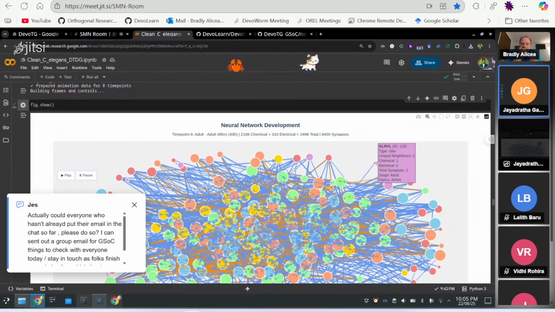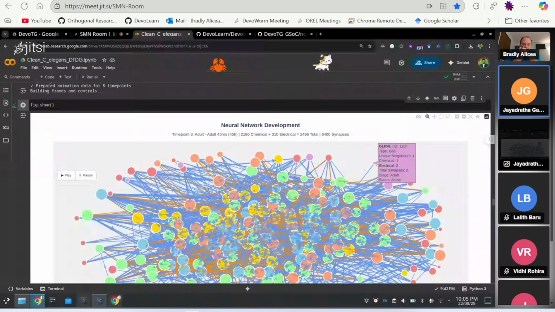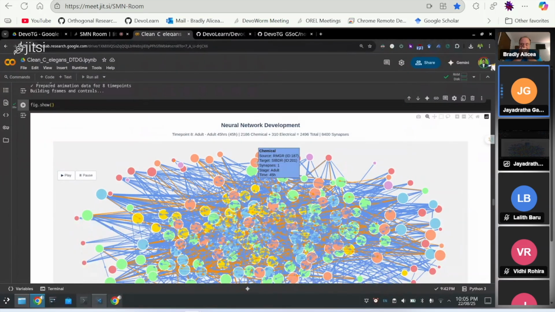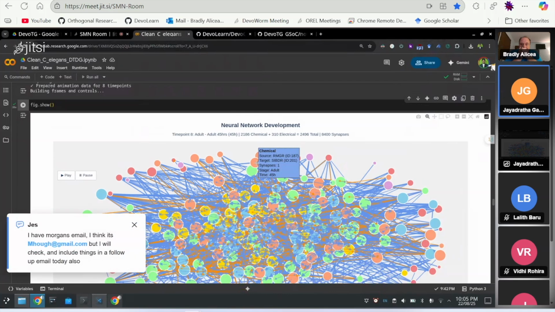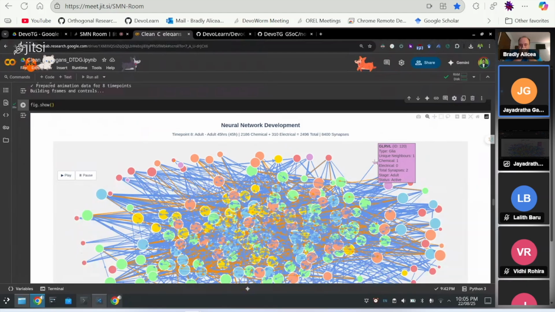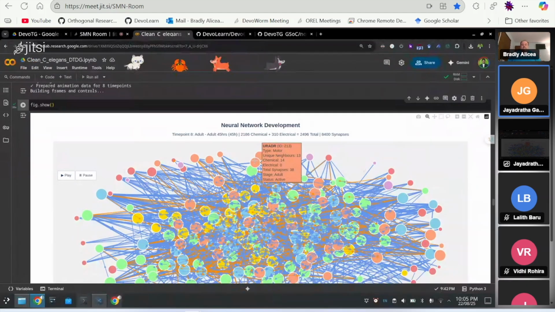And since it has only one neighbor, this node is also very small. But here, if you see, it has more strength. The unique neighbors are 13, so it is like 13x the size of this one. And it also shows how many connections there are, and which nodes it is connected to. So this is the entire connectome network of C. elegans